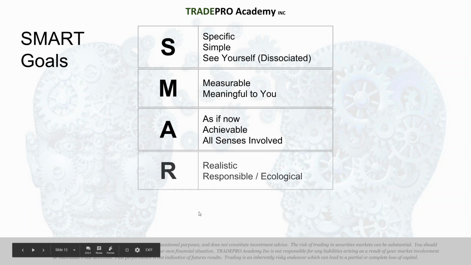All right. The R stands for realistic. I don't like the realistic term. I think everything is realistic if you're passionate enough and it means enough to you. But this is the next one that I really believe in. It has to be responsible and ecological. If you want to actualize a goal that's going to hurt somebody else for you to achieve it, the universe is not on your side. It's going to be impossible for you to get that goal.